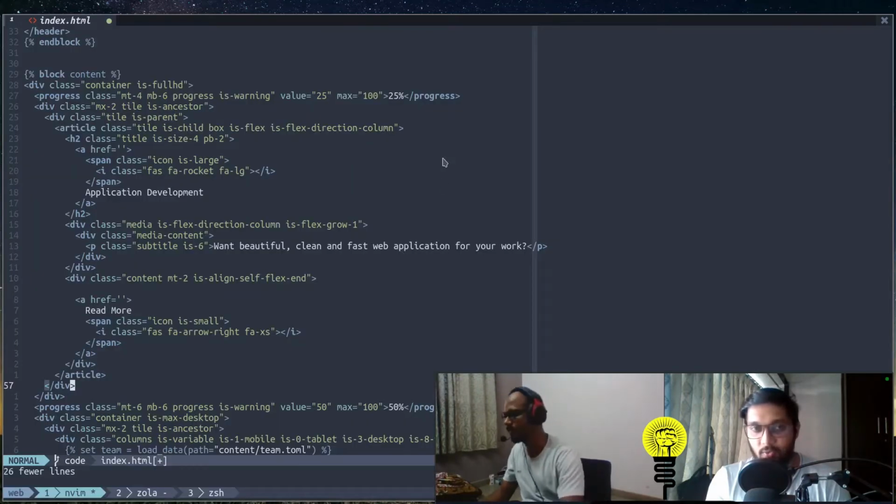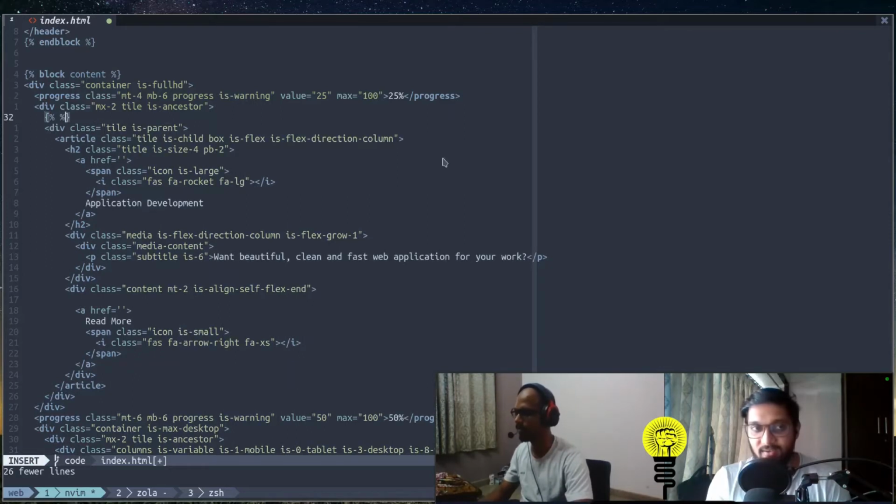And this what we do is a section page. So to get data from any section page inside our index.html, we will use set to get the page, that is in this case a section page, and store it inside a variable. If we see the syntax, it is inside the curly brace and percent. We have to use set services.